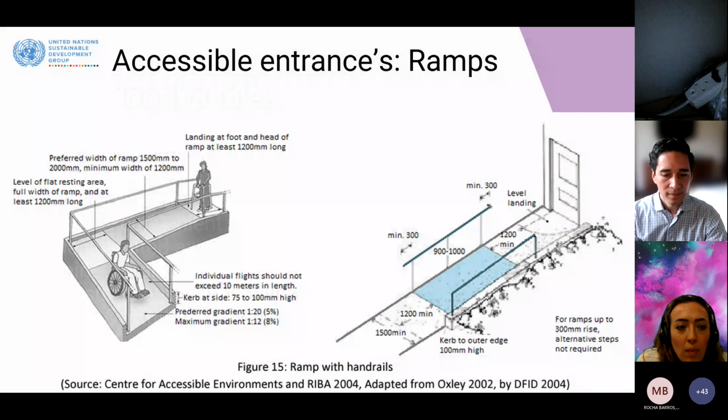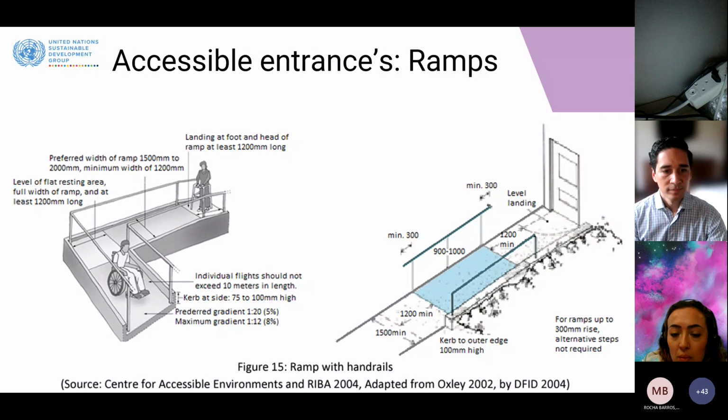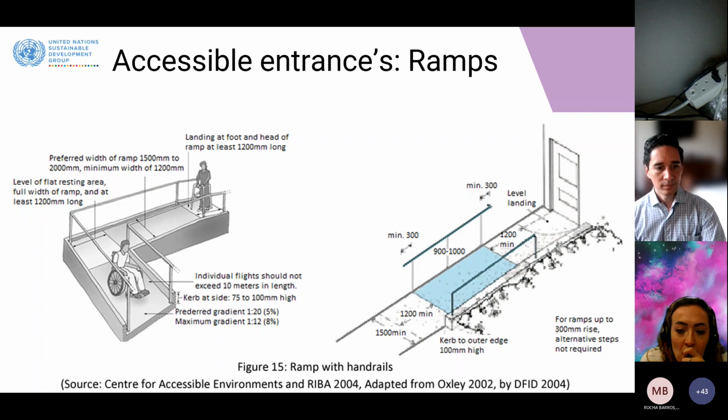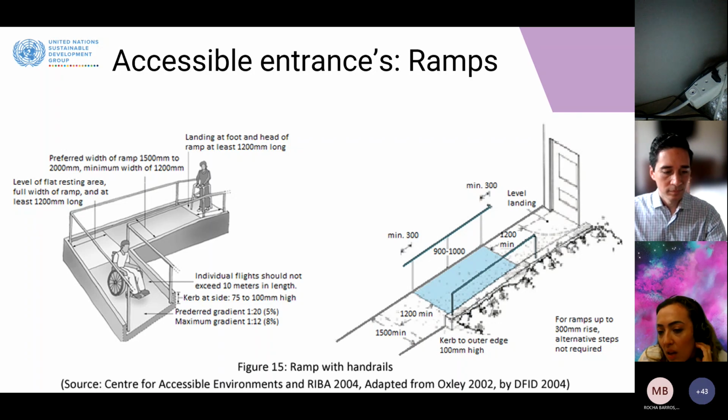Okay, as for the ramp, you can see in the picture the dimensions of the length and the width of the ramp, and that there has to be a grab bar or a handrail provided for persons with disabilities to be able to use the ramp. But a very important point is that this ramp should be slip resistant and usable by persons with disabilities, because some ramps might have uneven surfaces that could cause tripping to the person who is using a wheelchair.